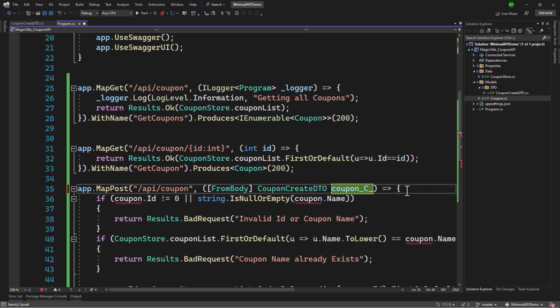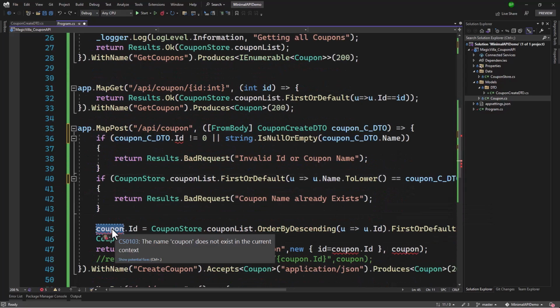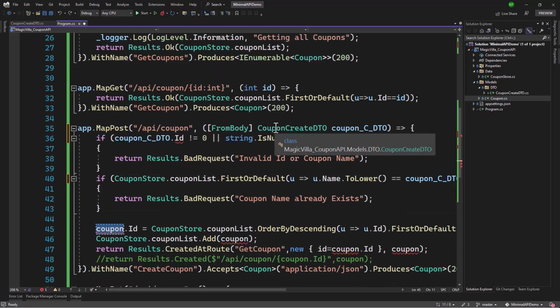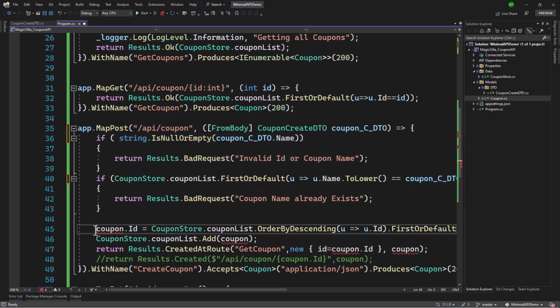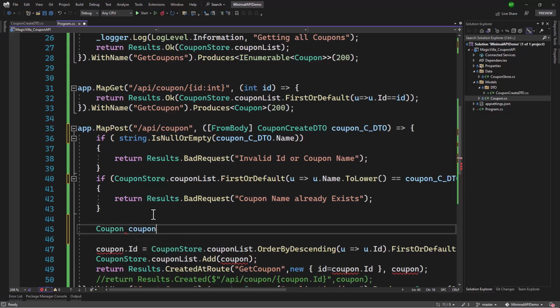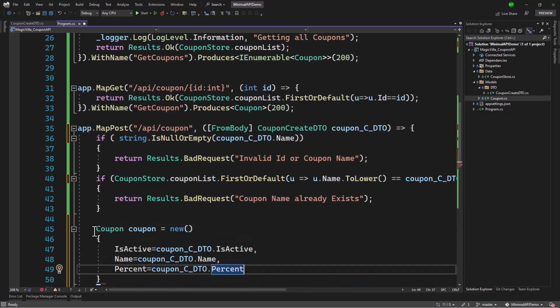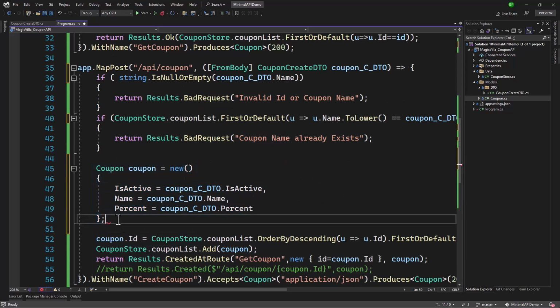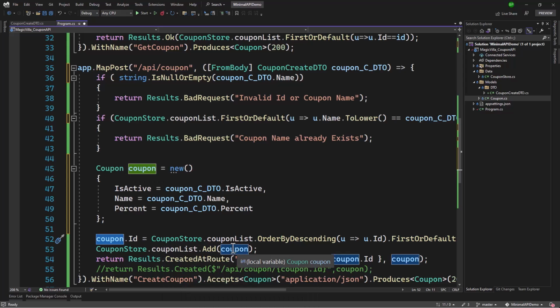And I will call this coupon underscore C underscore DTO, which is coupon create DTO. Let me change the names here. We need the ID as well. Now in our coupon create DTO, we do not have the ID. We can remove this condition, but where we have to assign the ID, we actually have to convert this coupon create DTO to coupon DTO. So if you want, you can manually do that. Coupon is equal to new, and we can do the manual mapping like that. Once we do that, we can add ID on this coupon, add that to our coupon store, and we are